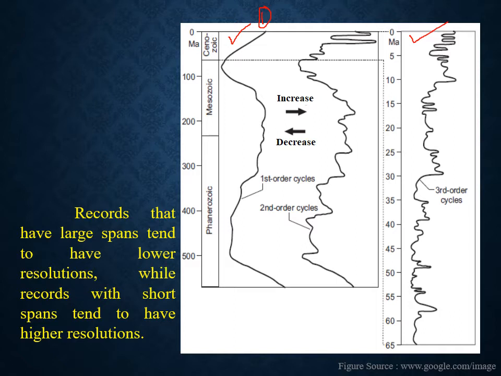In this case, we can see there are smaller ups and downs in Cenozoic. But say for example, this is proxy 2. So you can see the proxy 2 is higher in resolution than proxy 1. But if you go through the proxy 3, you can see that it has a much higher resolution than proxy 1 and 2. You can see numerous ups and downs, lots of variations of temperature